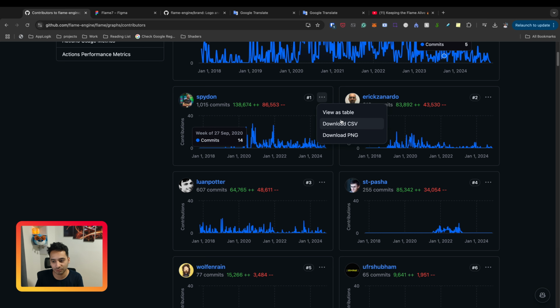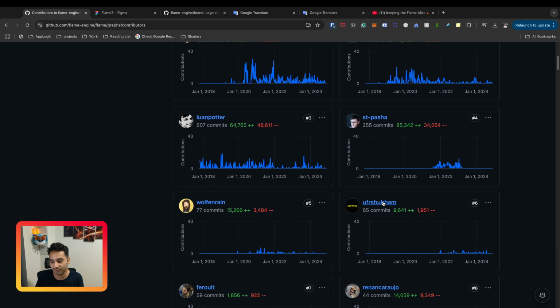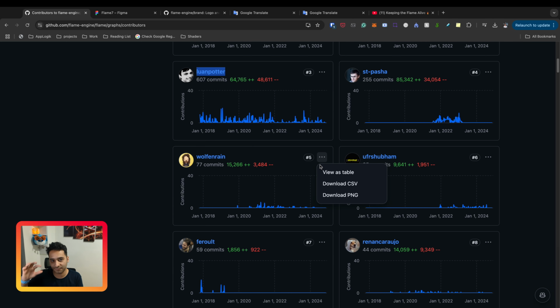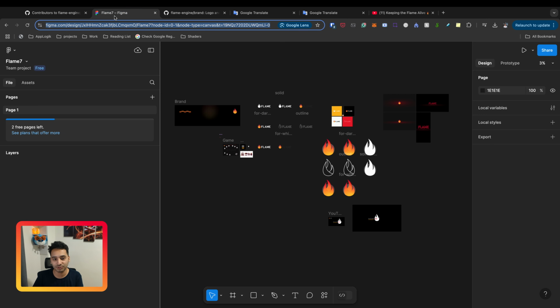So I just tried to download them one by one. I don't know if there's a better option to download all of them at once or not, but I tried to download them one by one because I wanted to have the contribution per person. So I just stored the names and also the data that we have for the contribution. And yeah, it was the proof of concept step where I realized that, okay, we have the data and we only need to implement the animation to map the data to the animation that we have. And then I started to design something.